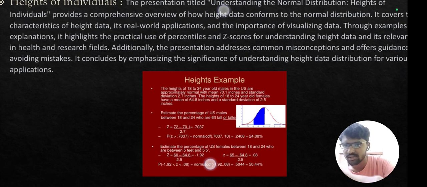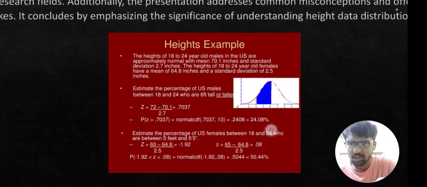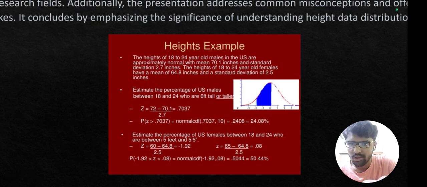And you can see here, heights of 18 to 24 year old males in the US are approximately normal with mean 70.1 inches and standard deviation 2.7 inches. Estimate the percent above 72 inches. z equals 72 minus 70.1 divided by 2.7, equals 0.7037. P(z greater than 0.7037) equals 1 minus normal CDF of 0.7037,